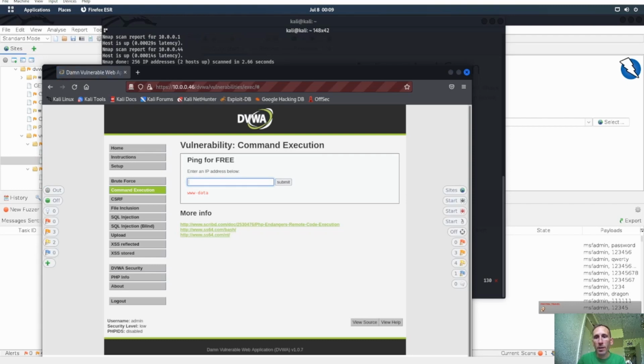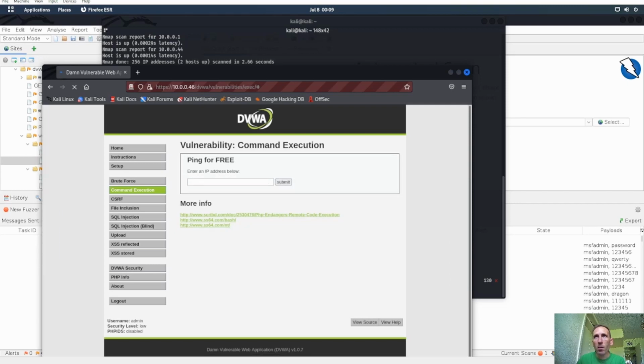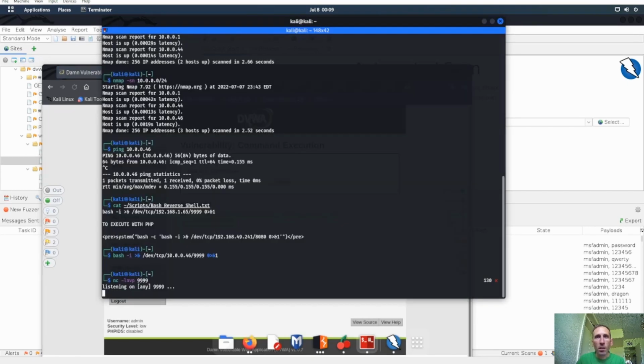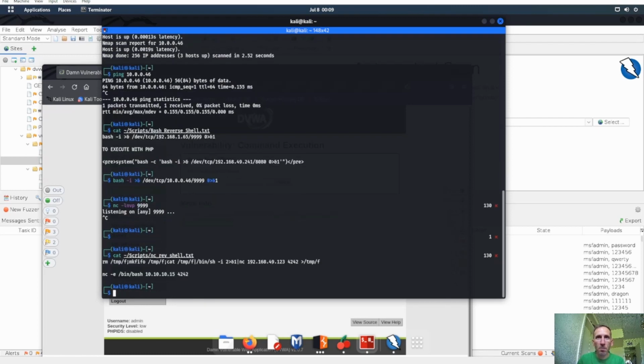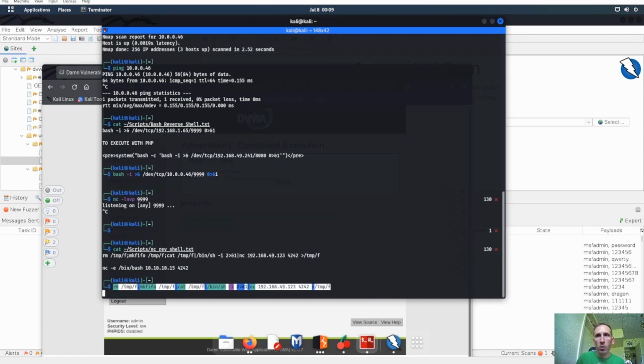Who am I? www-data. I wonder if that bash reverse shell is even going to work. 10.0.0.44. Yeah, we're not getting a callback over there. Let's try to do a netcat reverse shell. We'll try something like this. Or maybe just try like upload something also. We always try something like that too. Let's go ahead and do